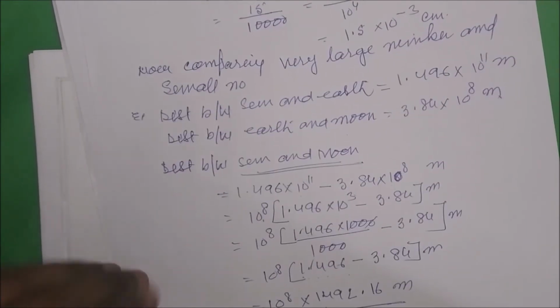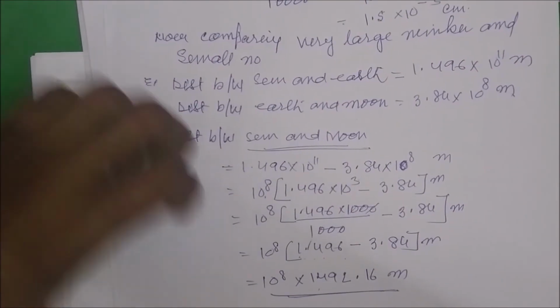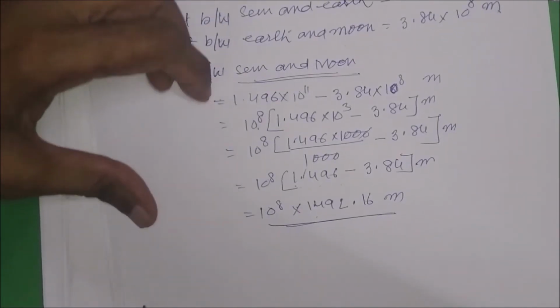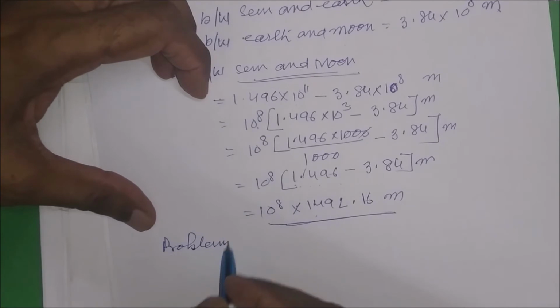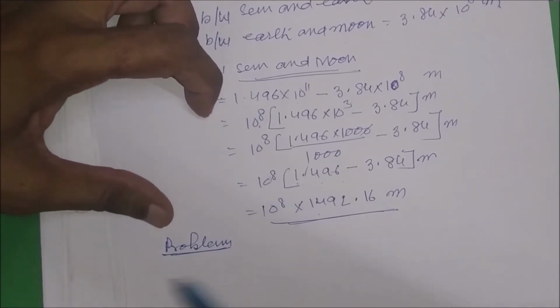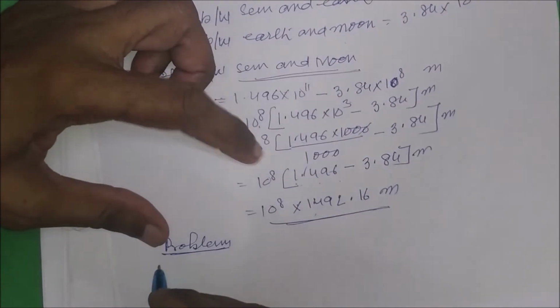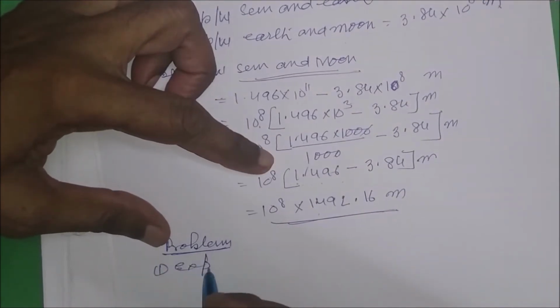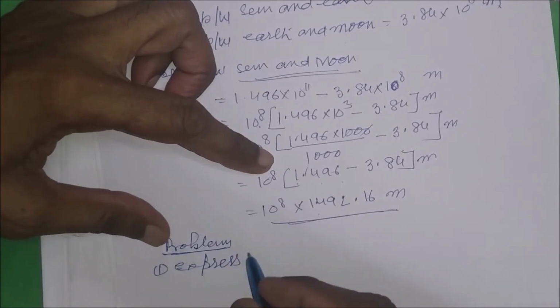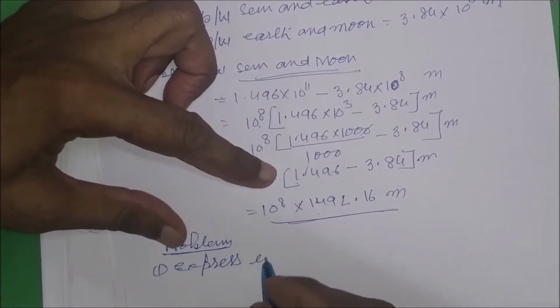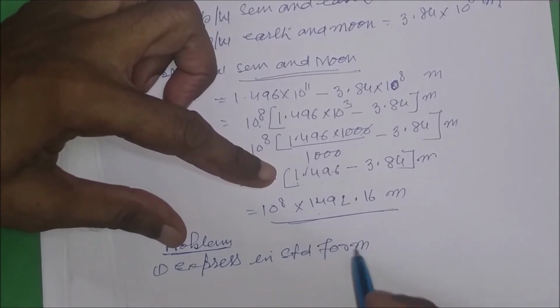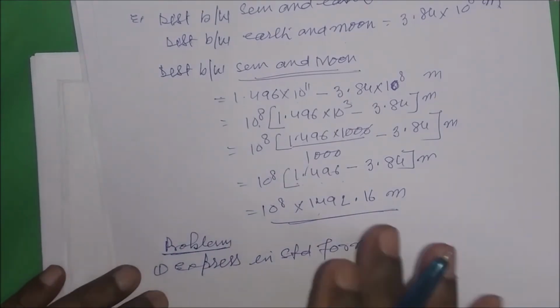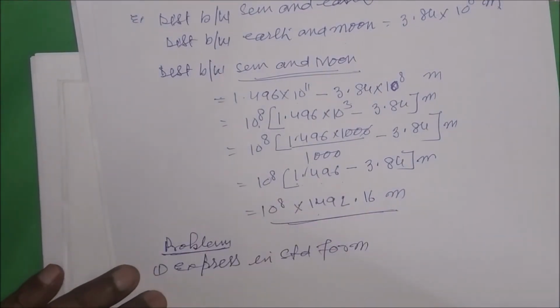Now some problems I'll be solving again. You see what some problems are there? See, problem means your numericals, your exercises, whatever is there. Number one, express in standard form. On the top, what you have seen, I have given you standard form means what? When a number is there after one digit, some numbers are written with powers of 10 in that form.